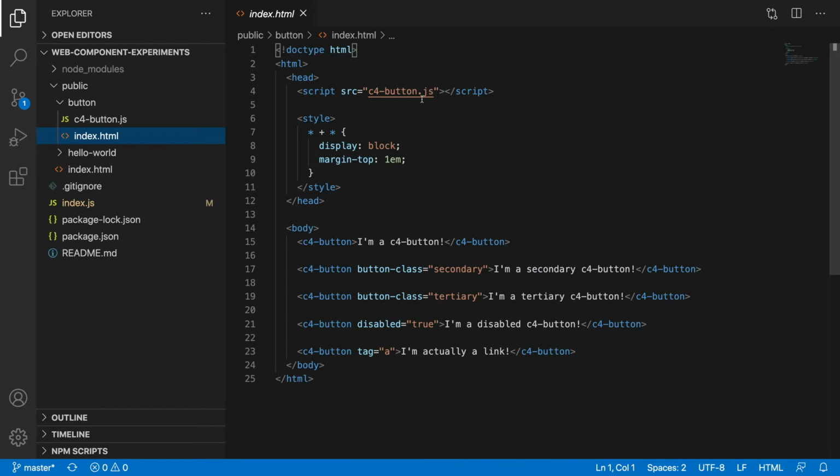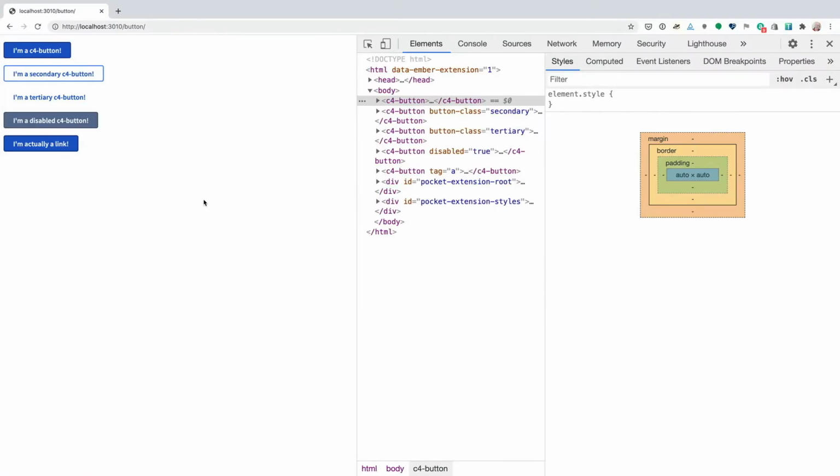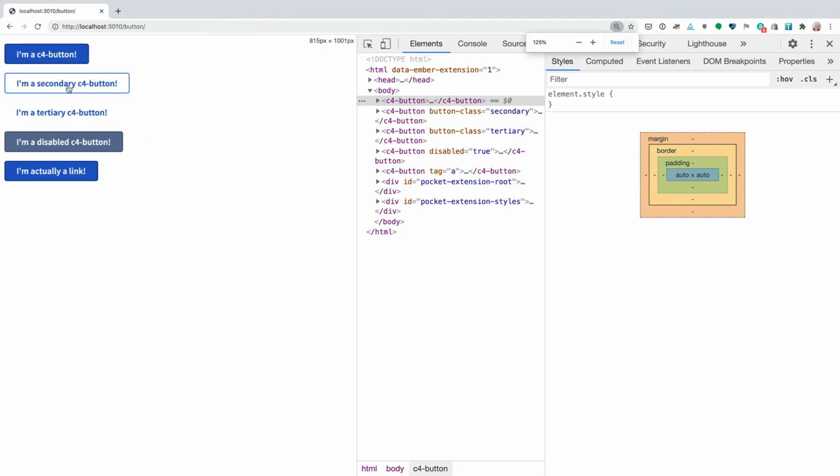So you can see a series of different buttons and the classes attached to those buttons and whether it's disabled or whether it's an anchor. If we look at this in action, what we'll see is that we have those buttons. Let me zoom in here a little bit. And hover has certain characteristics. Disable button works the way that we would expect.